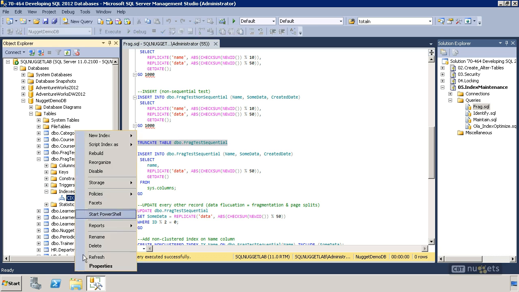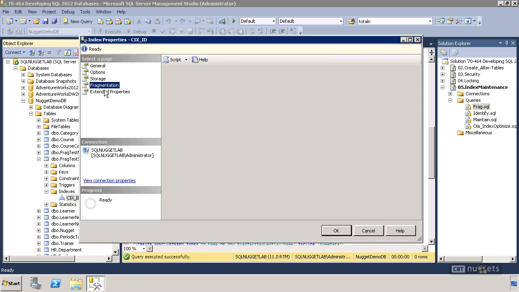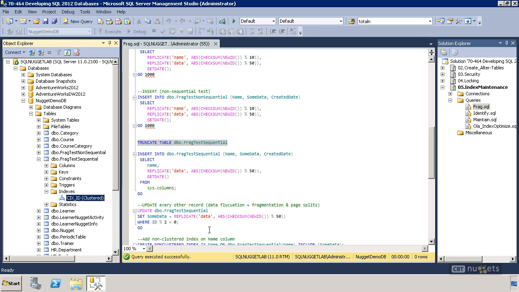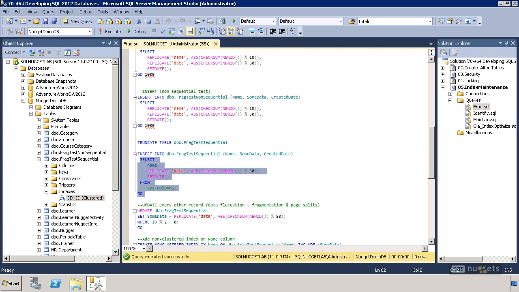Let's just make sure that it was cleared out. We'll look at our fragmentation: 0, 0. Okay, good deal. Now, the next thing we're going to do is just put more data into that table. But this time we're going to add something a little bit different. Rather than just generate 1,000 records, we're going to